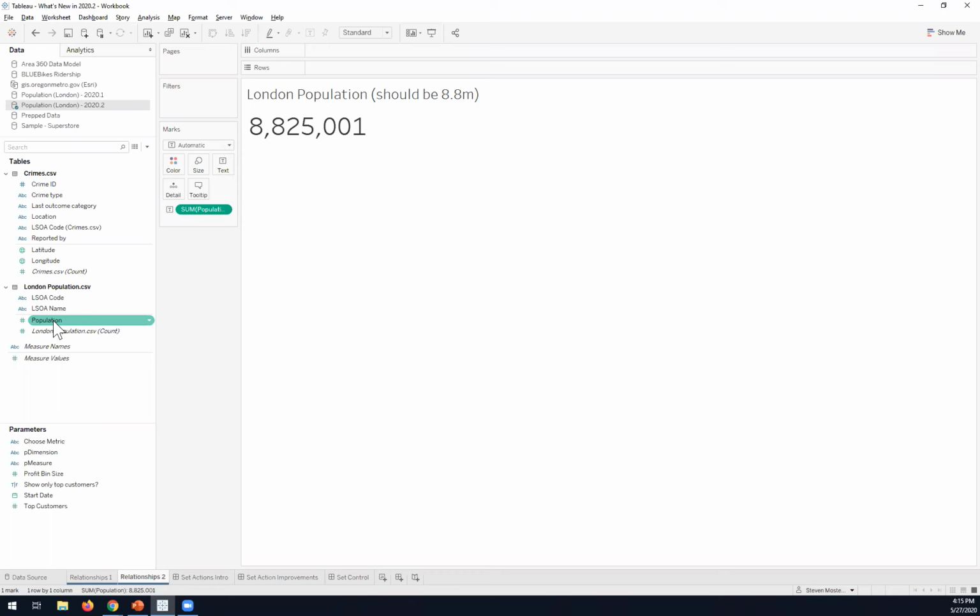I don't need to do any other joins. I'm just looking at this because the only field I'm bringing in is from this population table. So again, I could have 50 joins in my data source, but it's not going to run any of them if I'm just bringing out one measure from one of the tables. So hopefully that makes sense and answered questions.